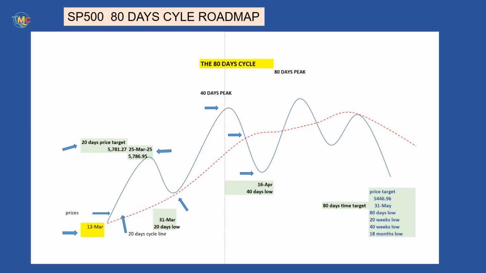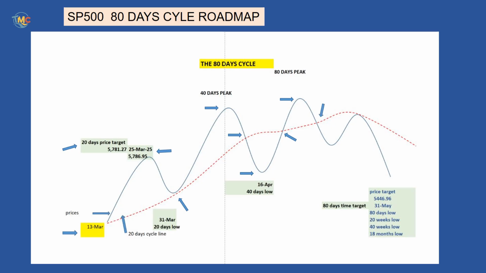Then technically the S&P 500 should cross above its cycle line, on its way to the 80 days cycle peak. And the crossing above its cycle line will provide an upside potential target. But since we are in the last 80 days cycle of this 18-month cycle, there is a possibility the market won't reach its target, and maybe won't even be strong enough to cross above its cycle line. After the 80 days cycle peak, which should occur on the left part of the cycle, the S&P 500 will resume its decline on its way to form its 80 days cycle low.